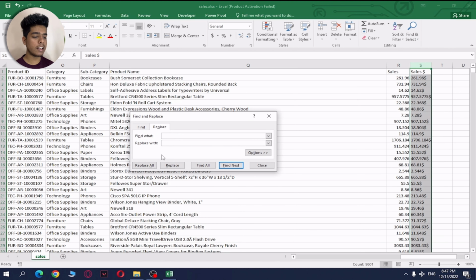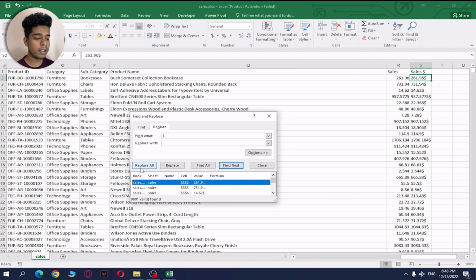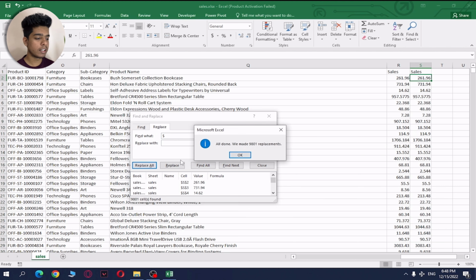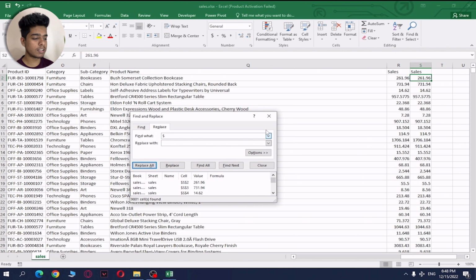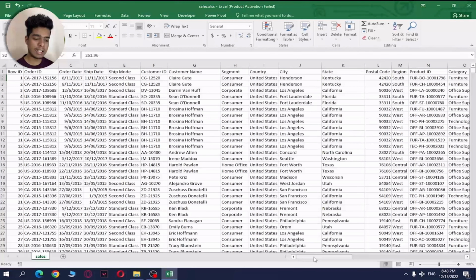So click on it and it asks what you need to find. So I give the dollar sign, right, and replace with nothing. We need to replace that dollar sign, so replace with nothing. So what I do, I will click on find all. It will find all the values which contain the $ sign, and then we can simply click on replace all with nothing, and it will successfully replace all those values, and we get our clean data. So this type of empty values or errors you need to deal with, you need to clean those values in Excel only. Then you are ready to make your connection with Power BI.